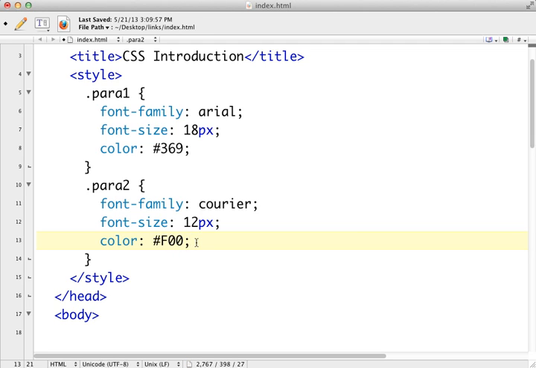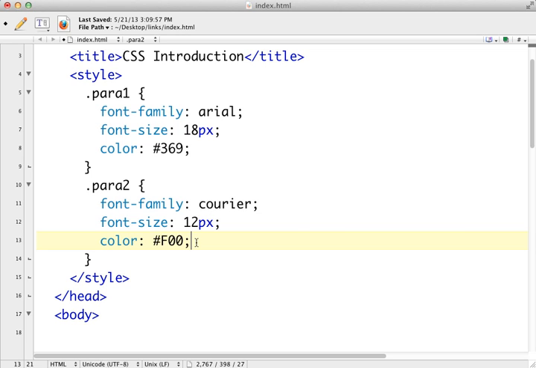I don't have a whole lot of color numbers memorized. As a professional, you really won't need to. You can go find your color number somewhere else from the color picker, mostly in Photoshop is what I use, but you don't have to understand a great detail of this. There's not a lot of numbers you'll need to memorize, but just for convenience sake here, I'm going to say